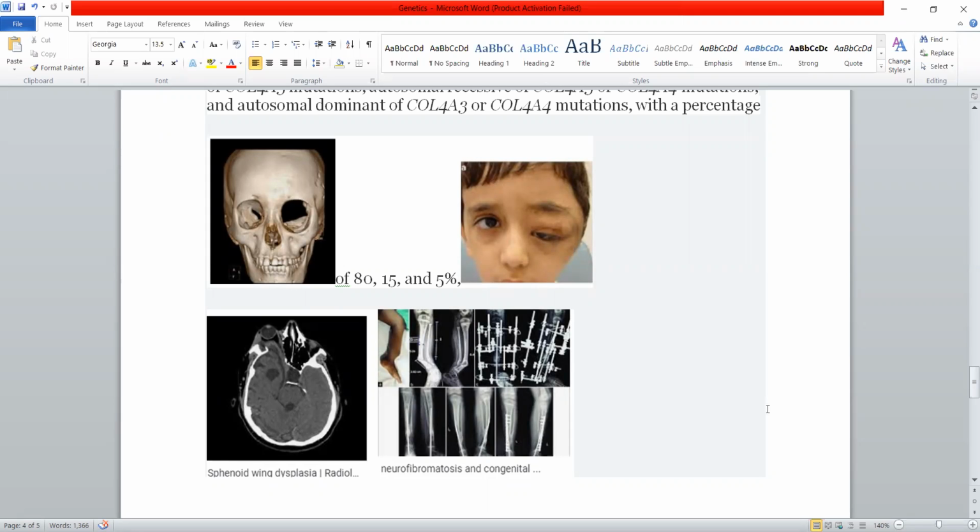This is known as pseudarthrosis. So cafe-au-lait spots, cutaneous or plexiform neurofibromas, sphenoid wing dysplasia, and pseudarthrosis, formation of a false joint due to fracture of the tibia. These are some criteria to make a diagnosis of